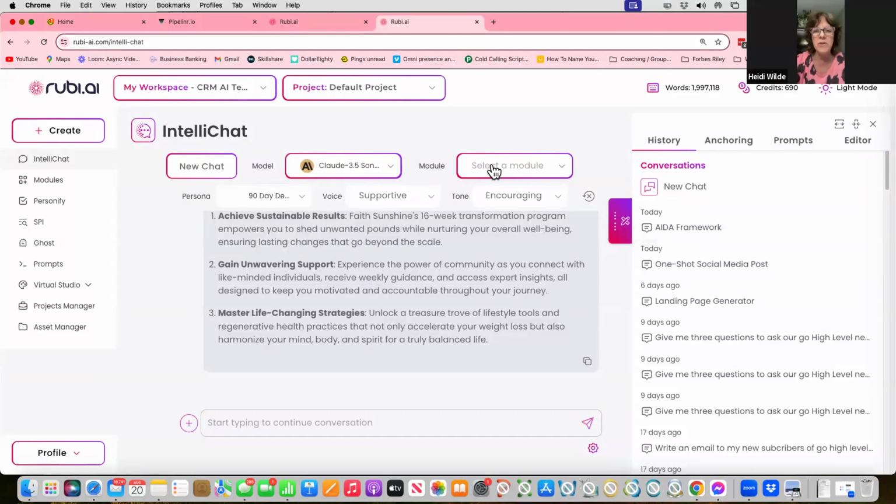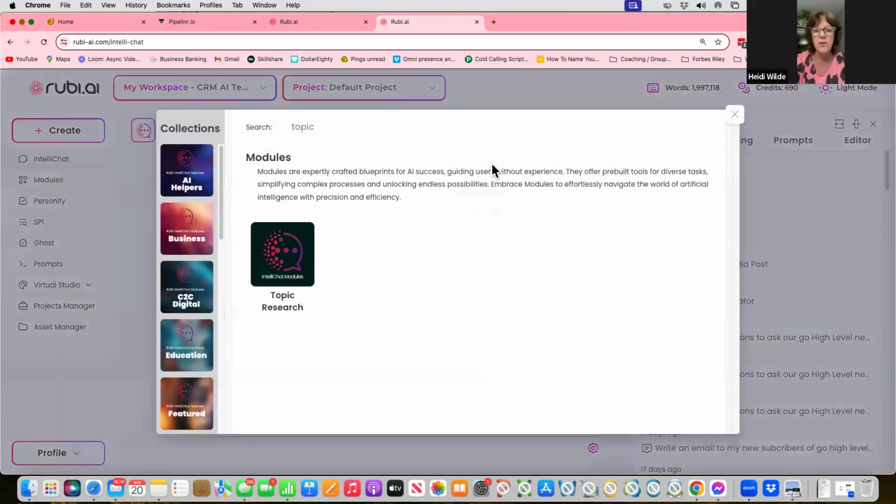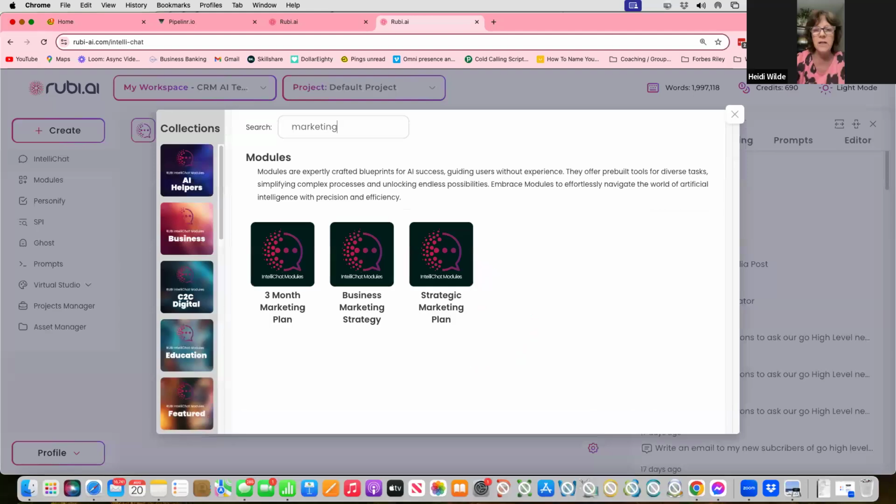When you put everything in there about your program, it will give you marketing and social media, blog, all these collaborative ideas, and it'll back you into the date that you want to launch your program. It'll give you month 1, month 2, month 3, and then week 1, week 2, week 3, week 4 of each month. So play around with the 3-month marketing plan.